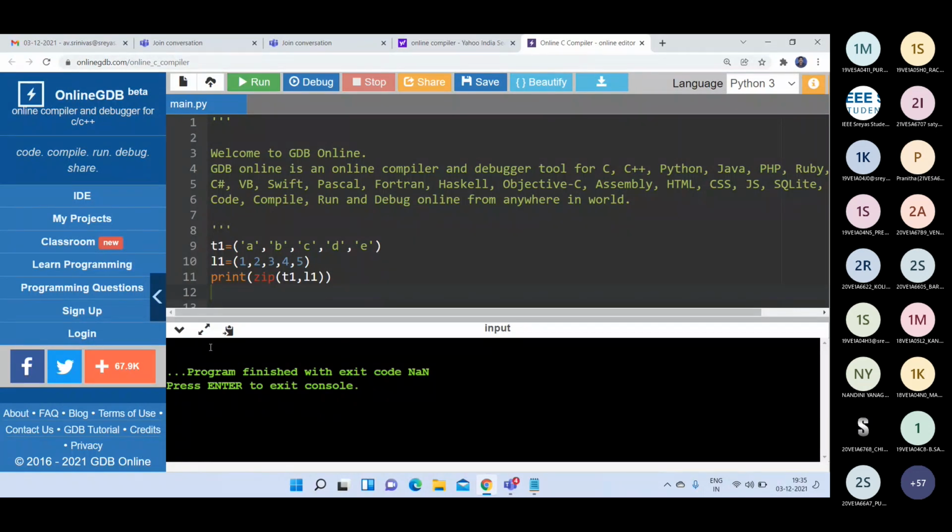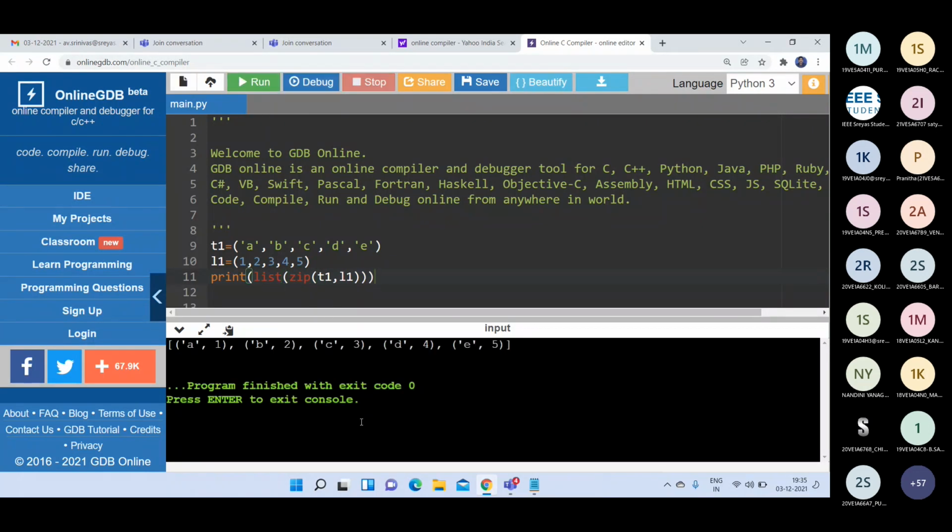What is the output here? Nothing is displayed. So let me typecast this one, list of zip of T1 comma L1. Now see the output.